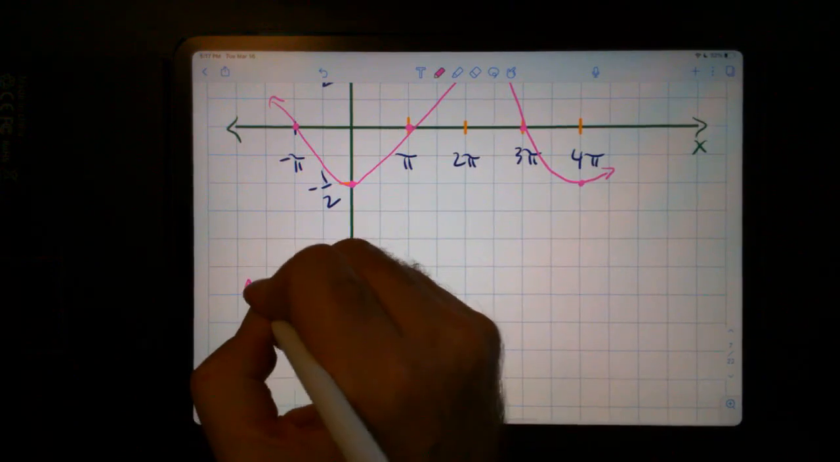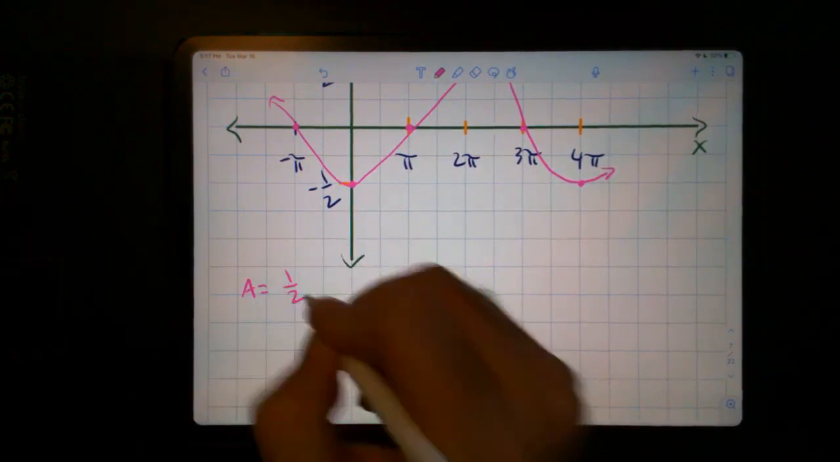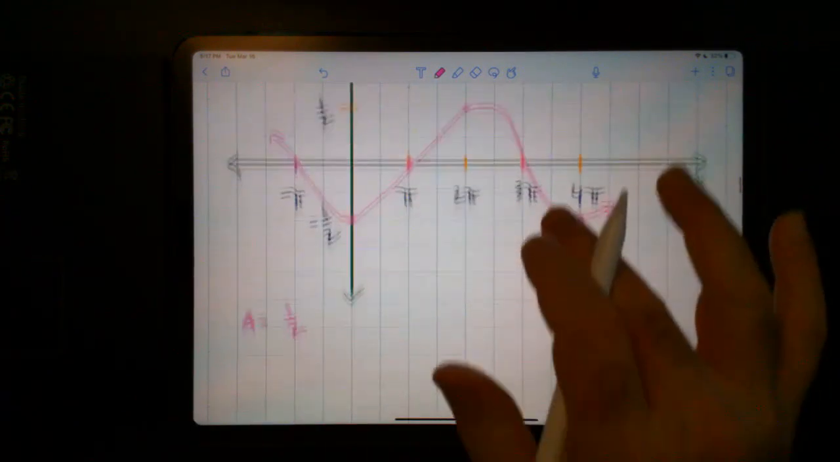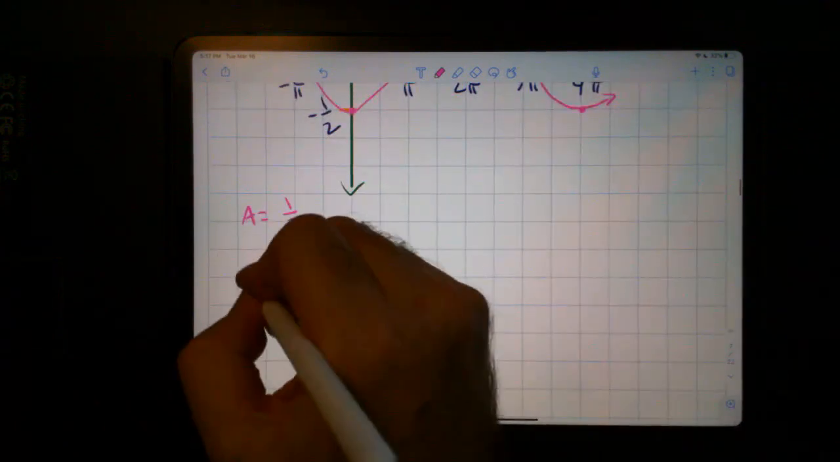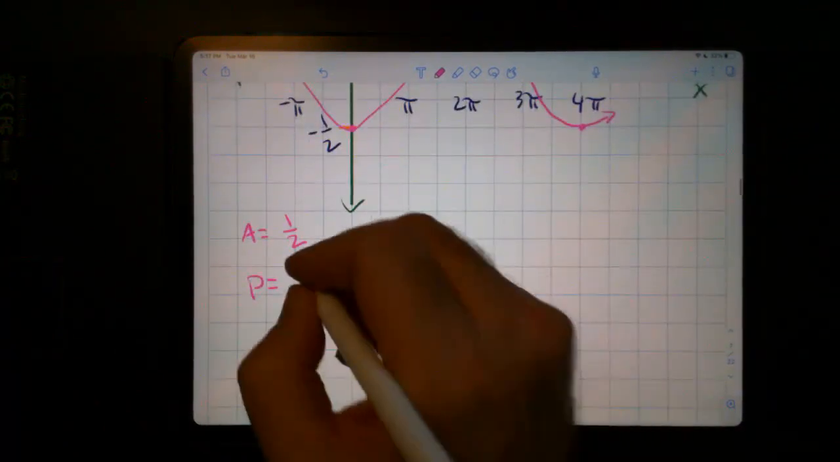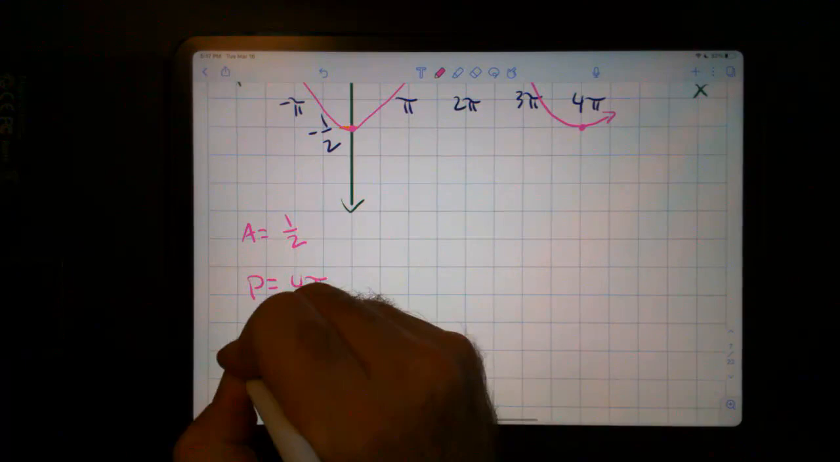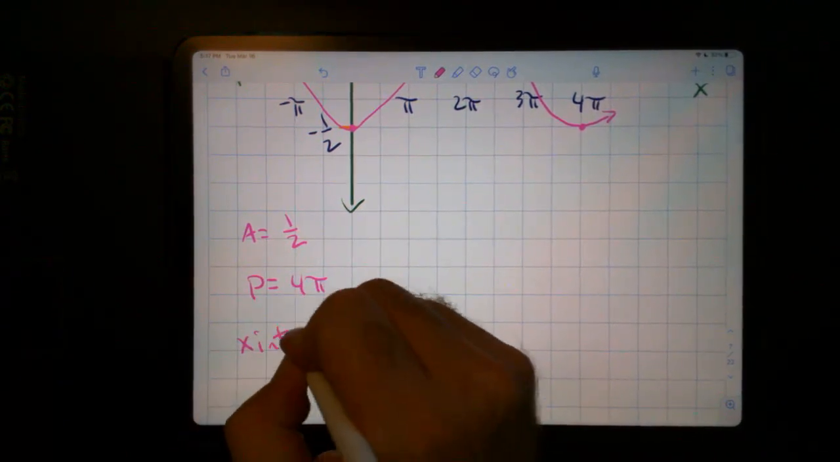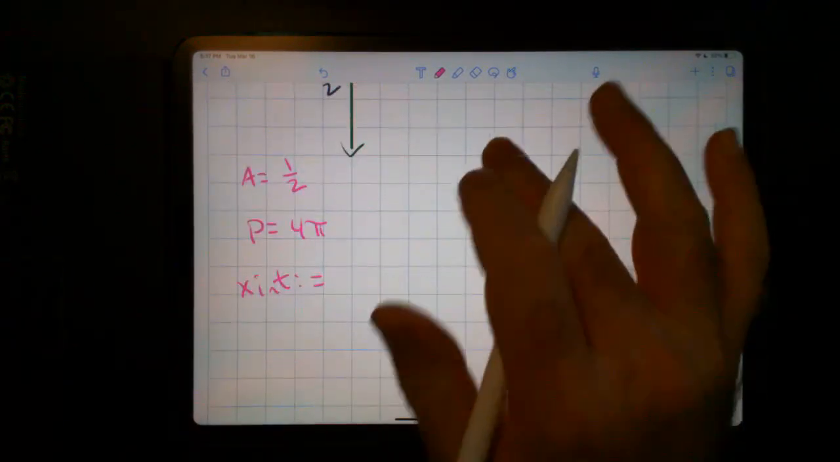And so here our amplitude is the absolute value. So our amplitude is positive 1/2. The period is going to be 4 pi. And the x-intercepts can be defined as